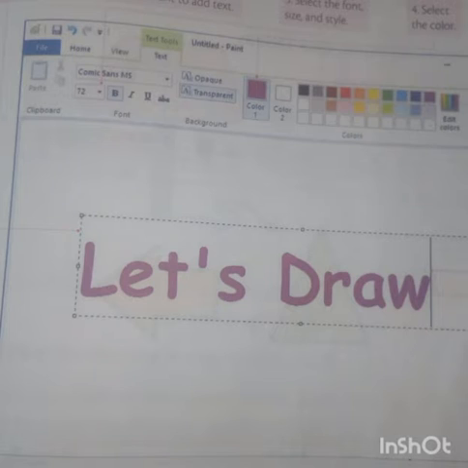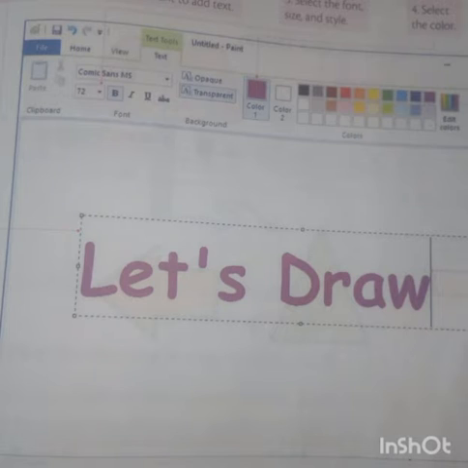The text tool is not only for drawing, but you can also write your name. By selecting which tool, ma? Text tool. You can write your name, symbols, etc. If you click the text tool only, you can write, otherwise you can't. How will you write? By using the keyboard. In the keyboard many keys are there, isn't it? By clicking these you can write your name. Okay, this is the text tool.